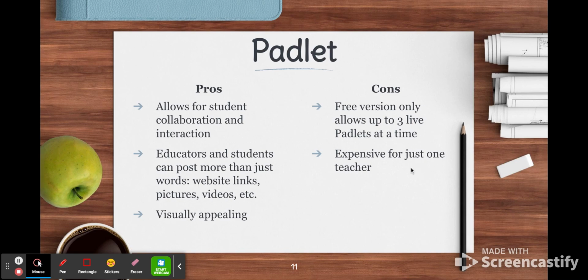And then it can be expensive just for one teacher to use for the year, mainly because it's about $70 for a year's subscription, unless you have, of course, your school or your district purchase the premium version. So overall, Common Sense, Pear Deck, and Padlet are great educational technology websites that I have found that we